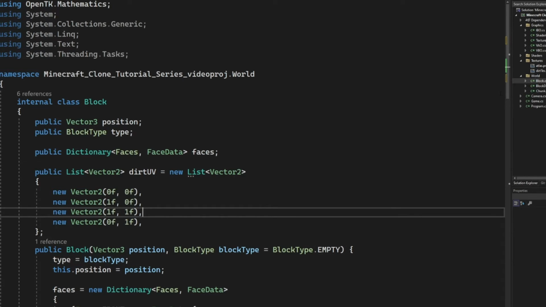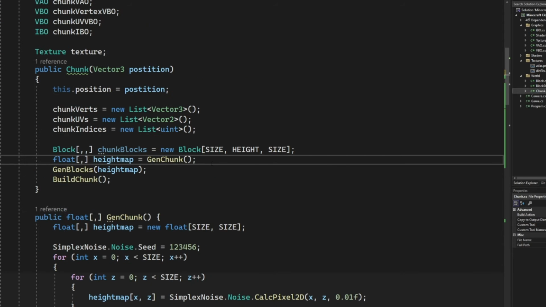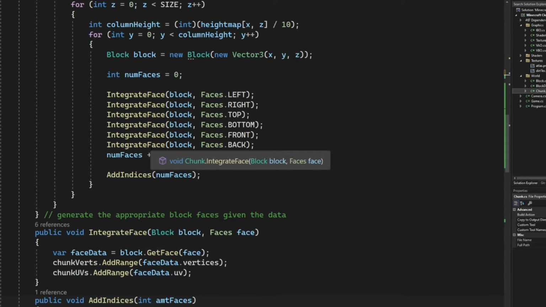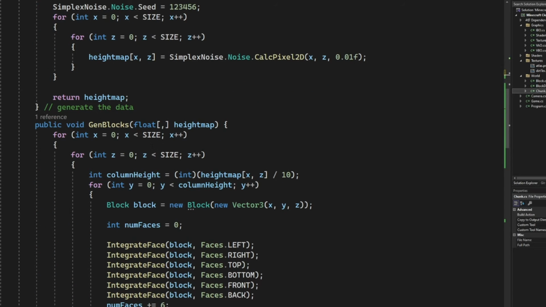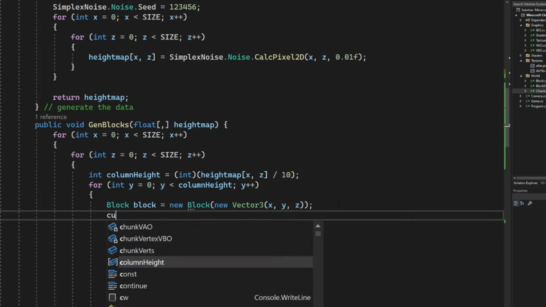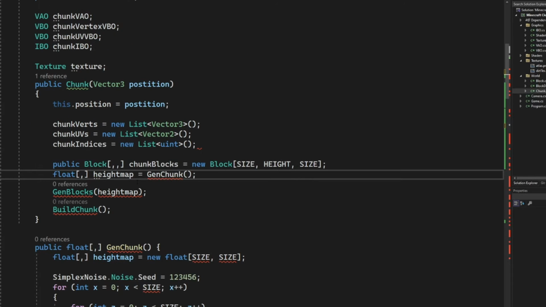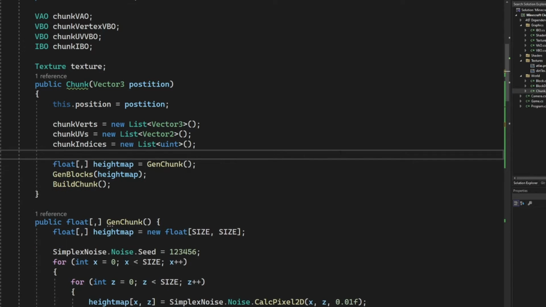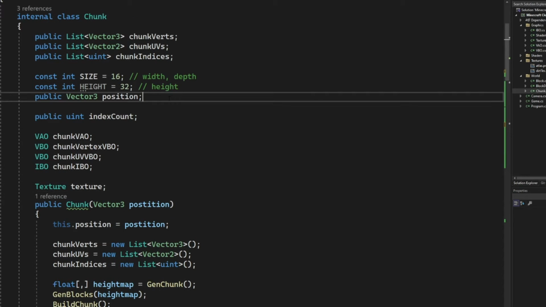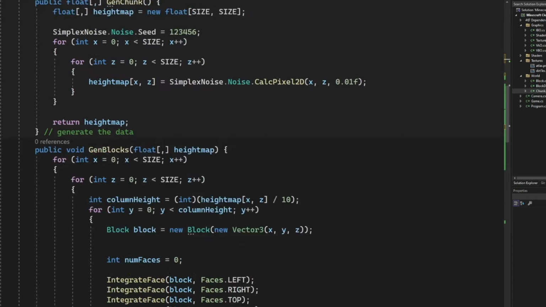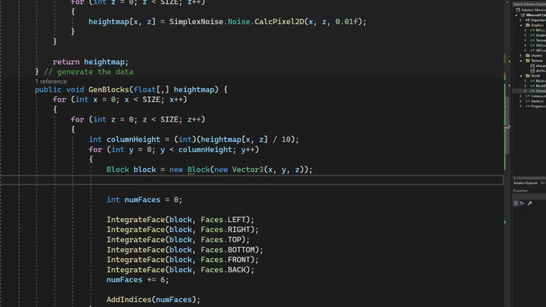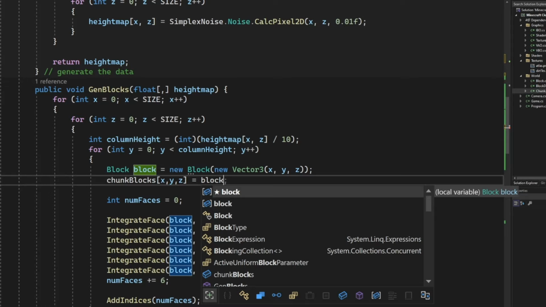And now what we're going to do here is we are going to change up some stuff in our chunk. So instead of just creating the block as we do, we are going to add one more little thing here. We're going to do chunk blocks. We want to declare the chunk blocks outside of the constructor here. I've been coding a little bit too much in Python recently. Okay, so let's go ahead and just go down here and I'll just put it here. And what we'll do is inside of this generation here, we will do chunk blocks. And then what we will do is we will do at x, y, and z equals block, or equals, yeah,